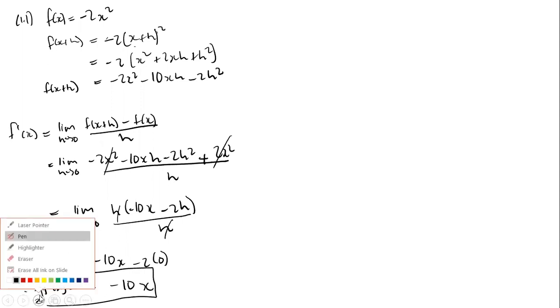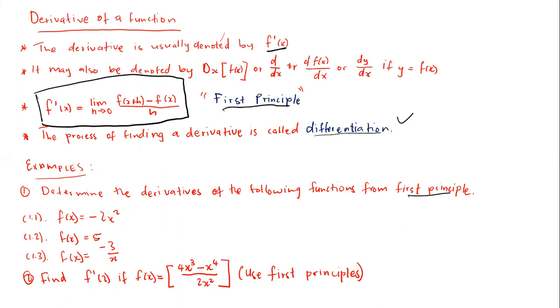So let us do another example, which is example number 2. Yes, example number 2, f at x is equal to 5. Now 1.2, we have f at x is equal to 5. So we want the derivative of this function. This is what I want you to know: each and every time you want the limit of this function using first principle, it will always be 0, because the limit of a constant will always be a constant. So I'll just say the first derivative of this will be equal to 0 since